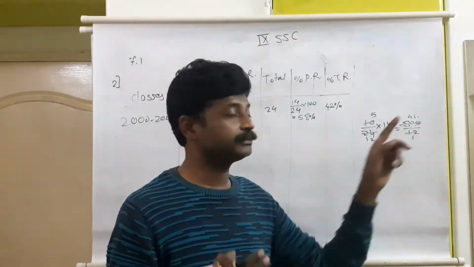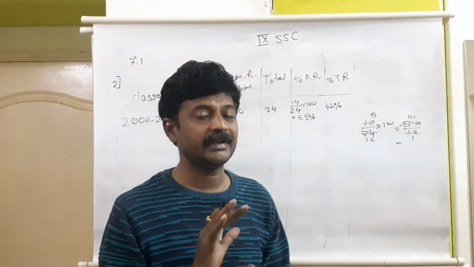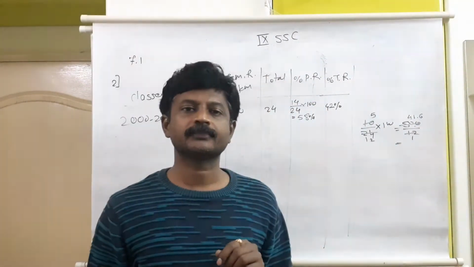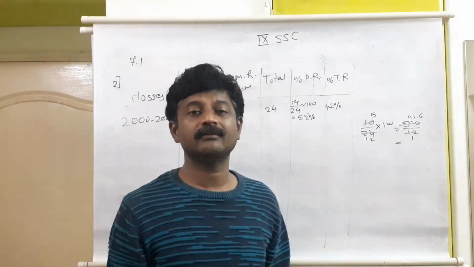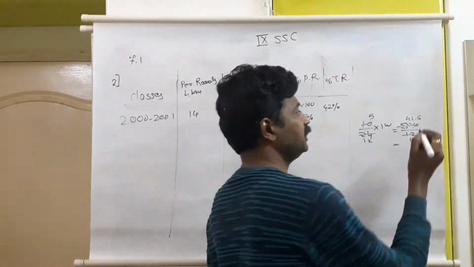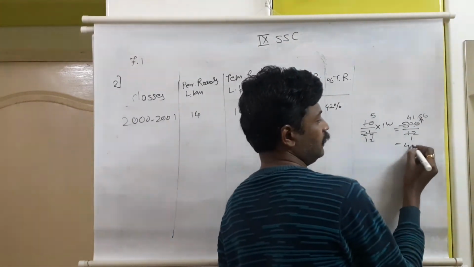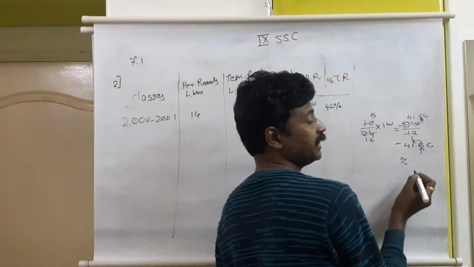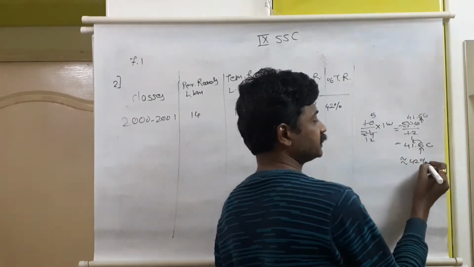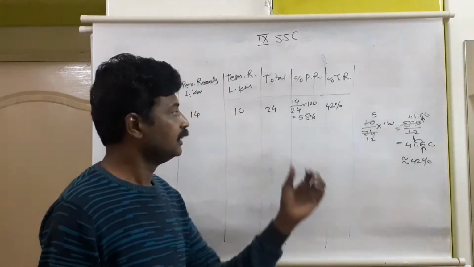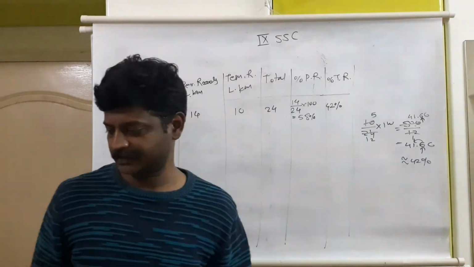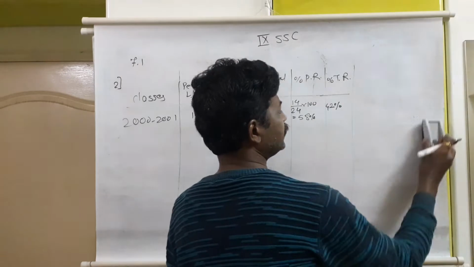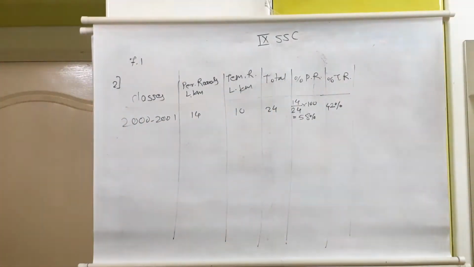Because of decimal point, that 8 will be 80. Now 80 divided by 12. 12 6s are 72. Remainder is again 8. 8 will form 80 and again it will be 6. Now see, 41.66. First digit is 6 or more than 6, means 1 needs to be added to this. 42%. Same answer. So either by calculation or directly we can get the values. If one value is clear, the second can be obtained by subtracting from 100.